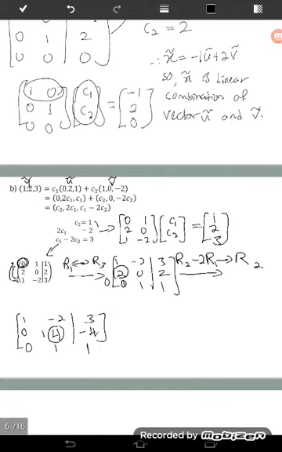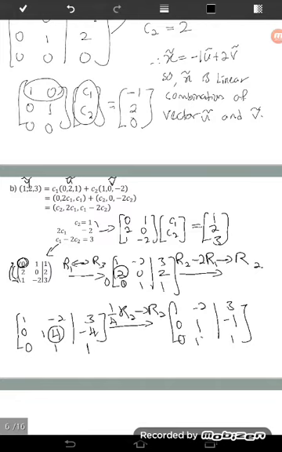Okay, so to make it become leading 1, we use 1 over 4 times row number 2 and put back at row number 2. So we have here 1, negative 2, 3, 0. Okay, so 1 over 4 times 0 is 0. And 1 over 4 times 4 is 1. Negative 4 times 1 over 4 is negative 1. And the third row is 0, 1, 1. And then make this one become 0.